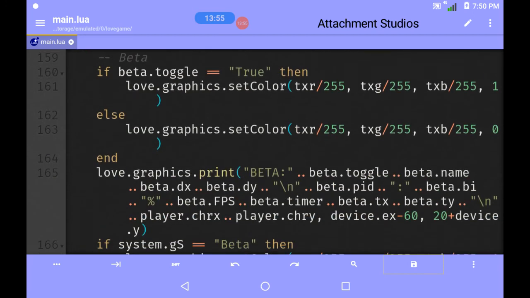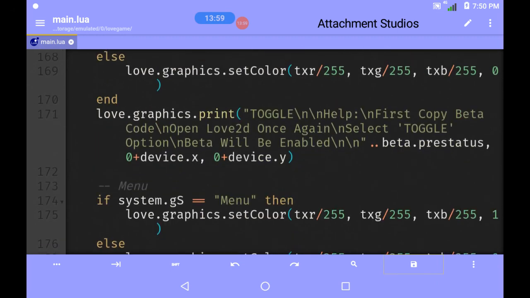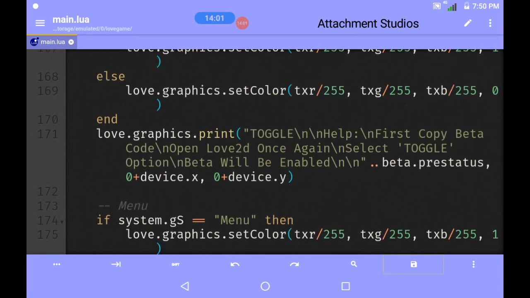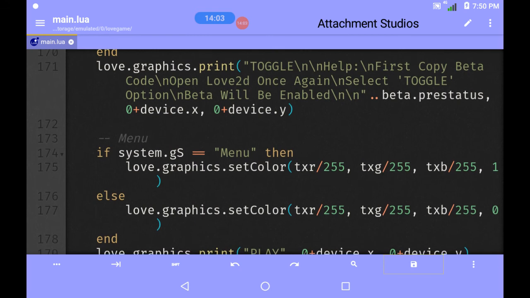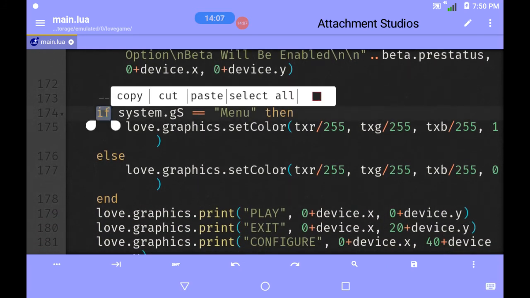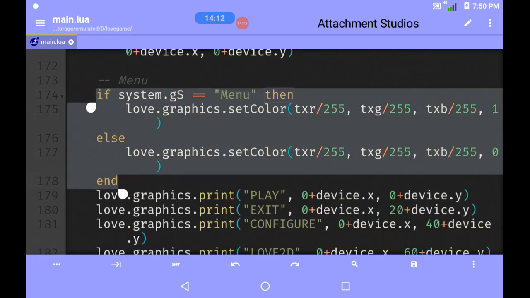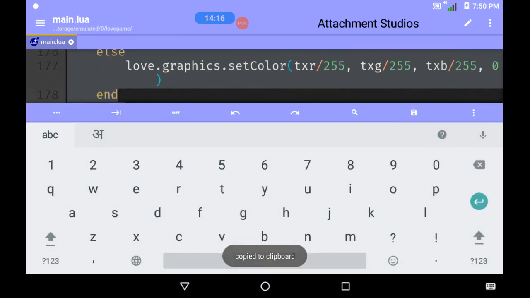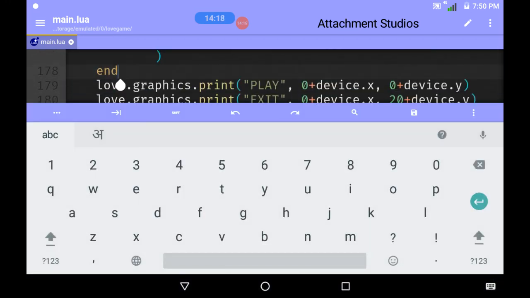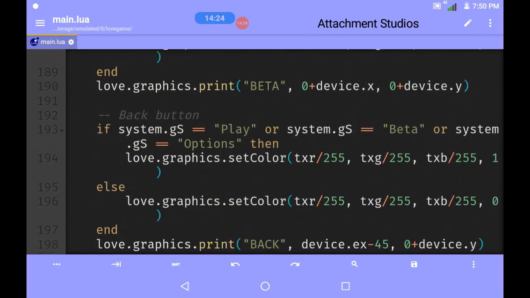Now at last I think I need to do something else. Over here I will just select that manually, copy that, and now I will go downwards until I reach the player area.